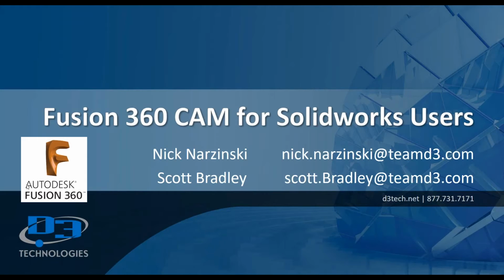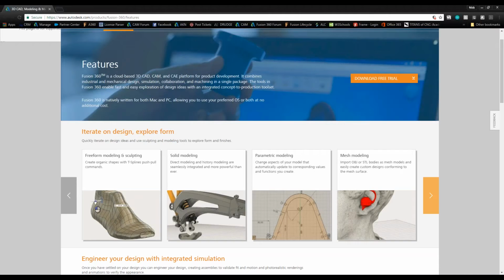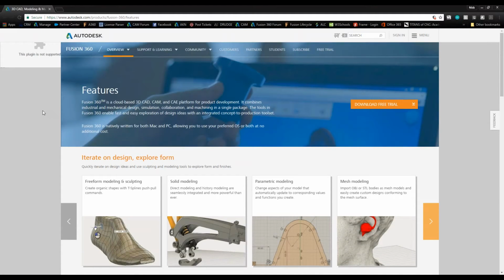And we wanted to start just to go over Fusion 360 a little in more detail and discuss the platform and make sure everybody understands what Fusion 360 is. And then we're going to go over to Nick and discuss more about the CAM and machining aspects and how that process looks. So what this screen is here, Nick has gone to the Fusion 360, and Fusion 360 is